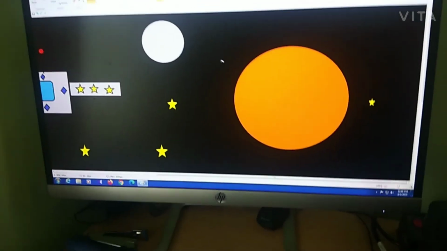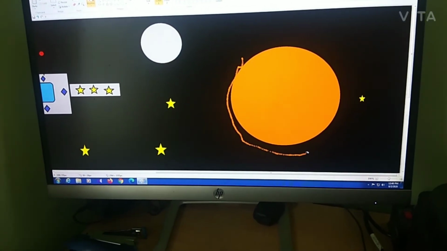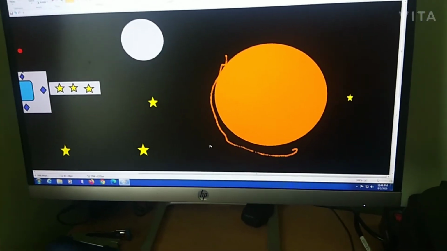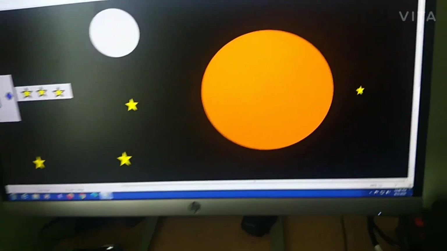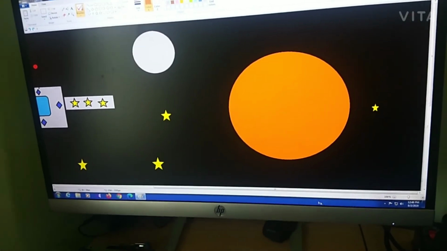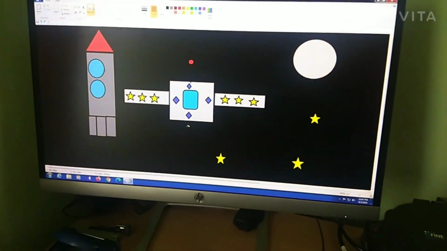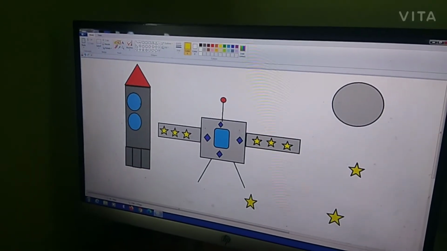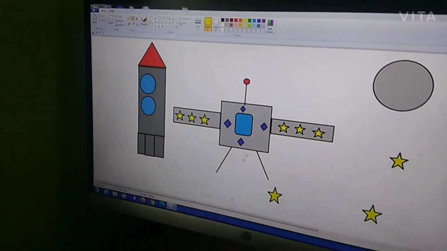Yes, and then some orange for spray. Why this? For the sun's rays. You don't need to use the sun rays. Why? You don't need to use this. Okay, undo then. Okay, done. We are done. These legs are not seen. Yeah, I can do with this. I don't need shapes. I can do like this.